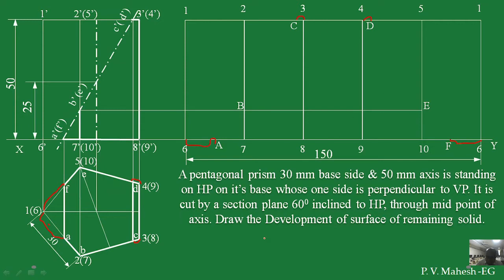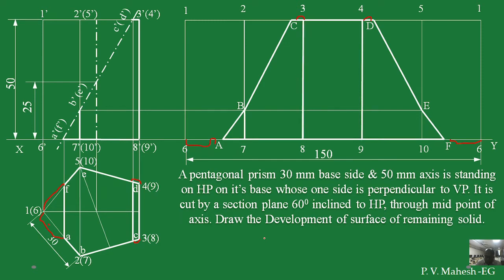Now once all these points are known, what I have to do, I have to join all these points with a straight line. So AB straight line, BC straight line, CD straight line, DE straight line, EF straight line, and again join. And I can join the intermediate lines also thick, because this is the retained surface. So all the dark lines that are shown here is the development of the truncated prism. Okay, so this is about the development of prism.